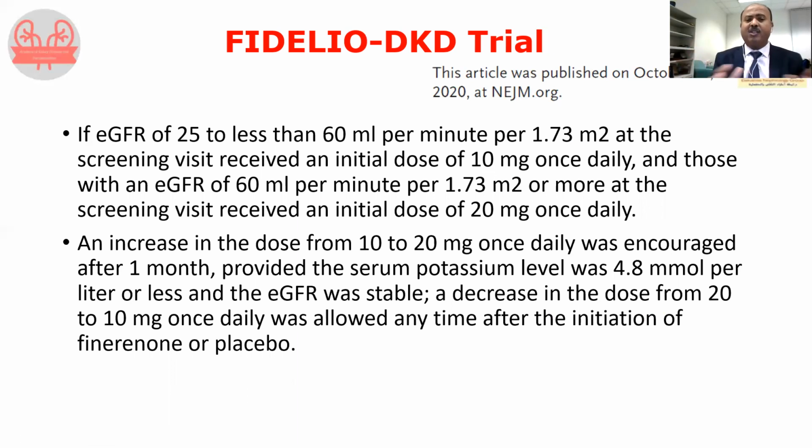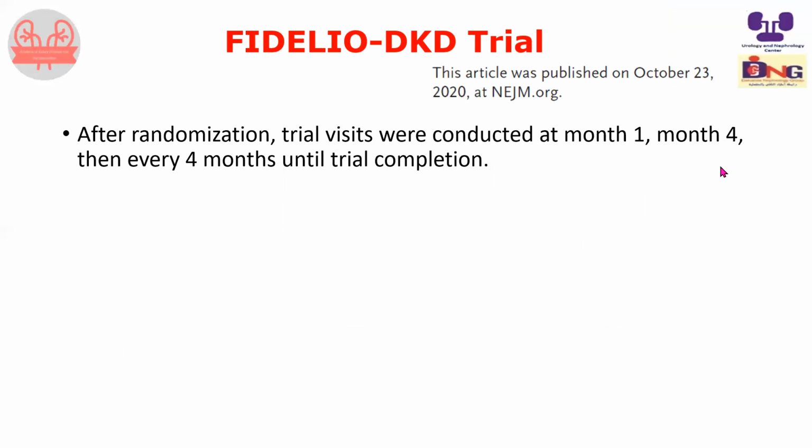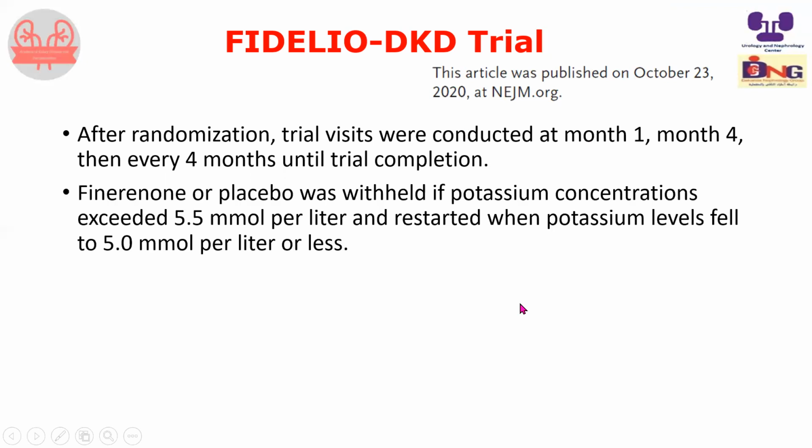A decrease in the dose from 20 to 10 was allowed at any time after the initiation of Finerenone or placebo. We have placebo with the same shape as Finerenone, because the doctors and physicians don't know which is placebo and which is Finerenone. After randomization, trial visits were conducted at the first month, fourth month, and then every 4 months until trial completion. Finerenone or placebo was withheld if potassium concentration exceeded 5.5 millimole per liter and restarted when potassium levels fell to 5 or less. So potassium was monitored and the manipulation of drugs